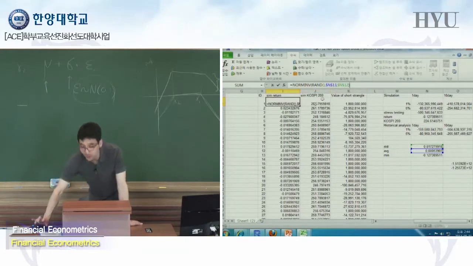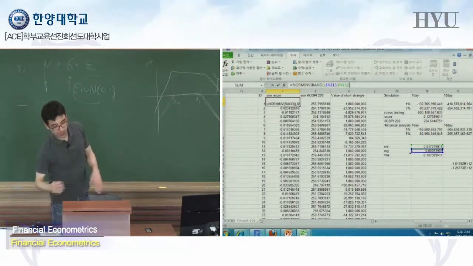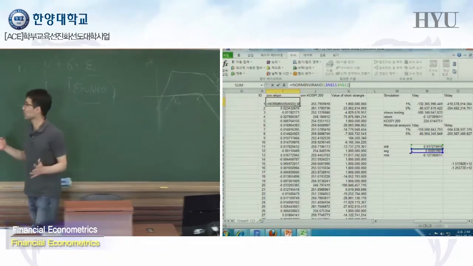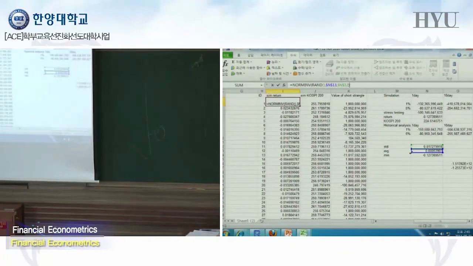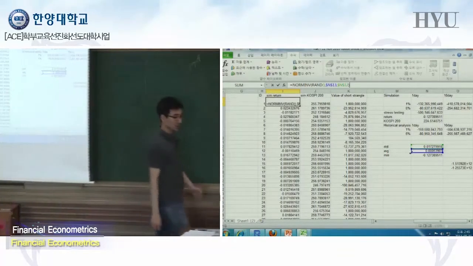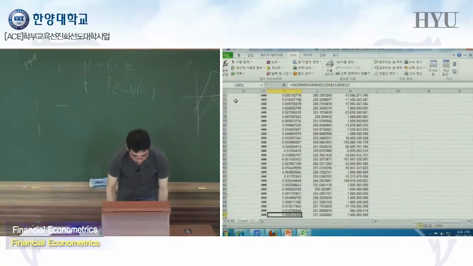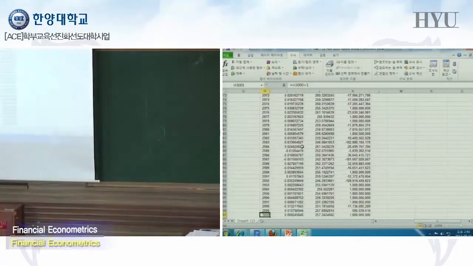So basically what I did is I'm doing this one. Okay. So given the mean and standard deviation, now I can simulate a random number. So these are all possible returns again, generated from a normal distribution with the mean of this one and the standard deviation of this one. Okay. So how many simulations did I do? I did simulation 3,000 times.